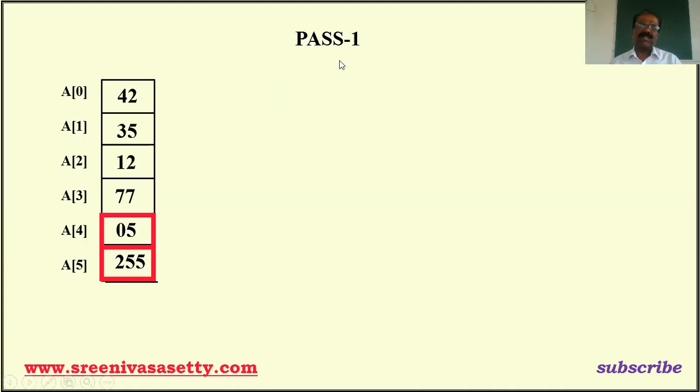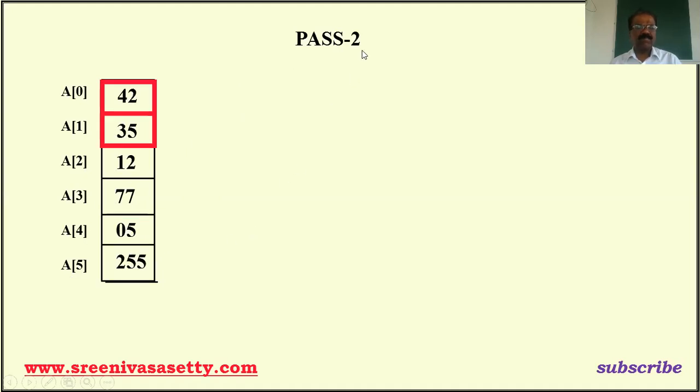See, now pass one is completed. At the end of pass one, we can notice one thing. The bottommost element is the largest element, the largest number. After every pass, one number is sorted. After pass one, the last number is sorted, that is 255 is the largest number. In the next pass, no need to consider this number. That's why we have to reduce one comparison in each pass.